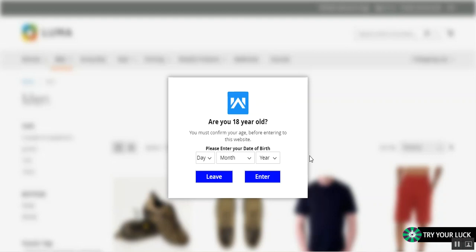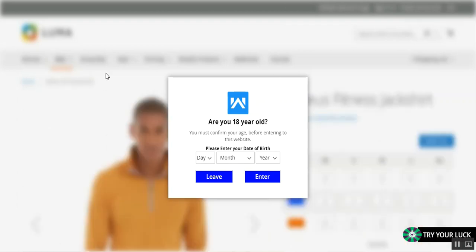As you can see right now on the category page, we are not able to access the page. Either we can enter by choosing our date of birth and confirming that we are 18 years or older, or we can tap on the leave button and we'll be redirected to a URL that has been set in the backend configuration for this plugin. The same goes for the product page. I'm not able to access the product page, as you can see. Only after confirming that I'm above 18 years old can I enter,